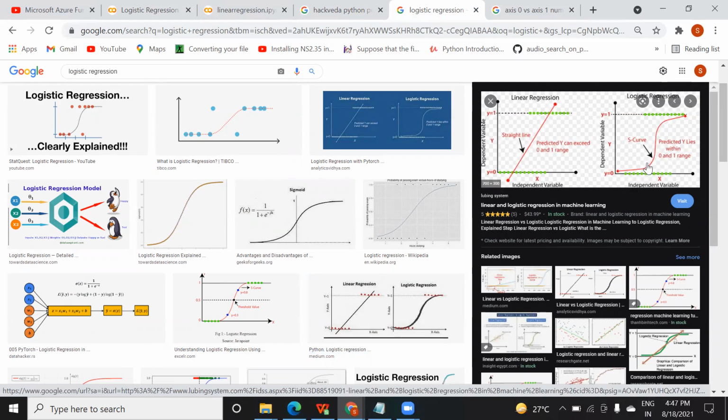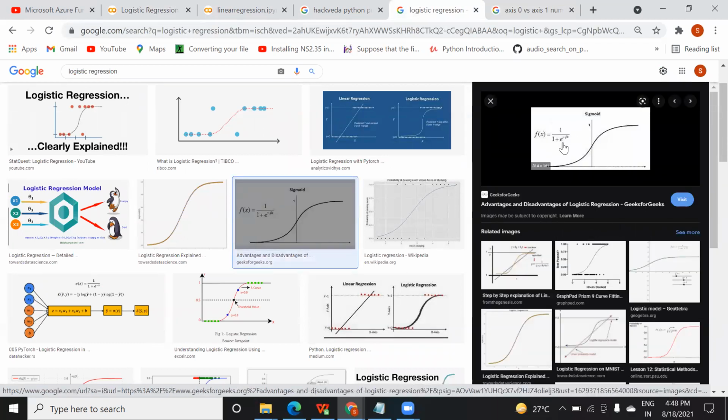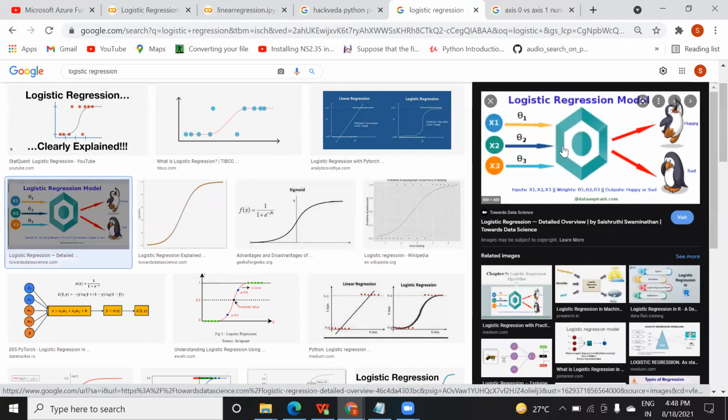So it will be in the range of 0 and 1. This is your sigmoid function, 1 upon 1 plus e to the power minus beta x. Beta is your coefficient that we have seen. So it will work like this. What I was saying, beta 0, beta 1, beta 2, that is called weight. Weight is added by your algorithm to give importance to your features. X1, X2, X3 are your features, and the output will come in a categorical format. Am I clear to you now?